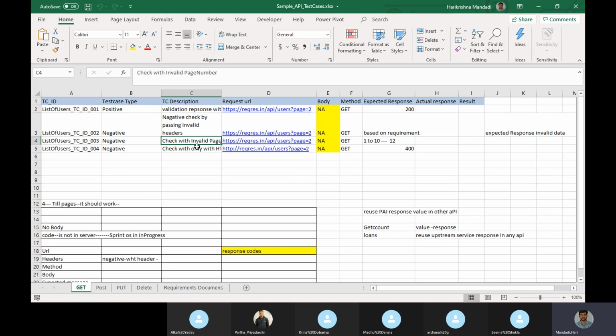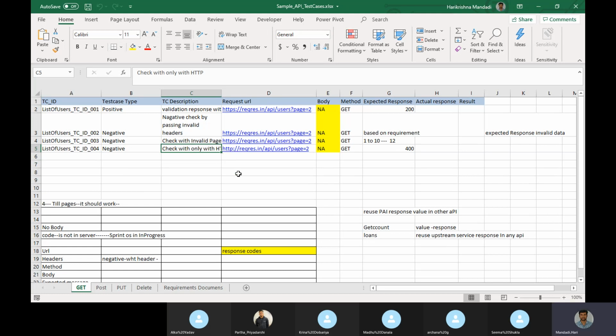And we can also try with only the HTTP protocol instead of HTTPS. That also we can try, to see what is happening. This requirement, they will give you the expected response when I send with HTTP.